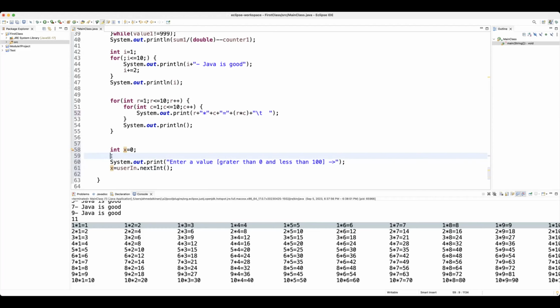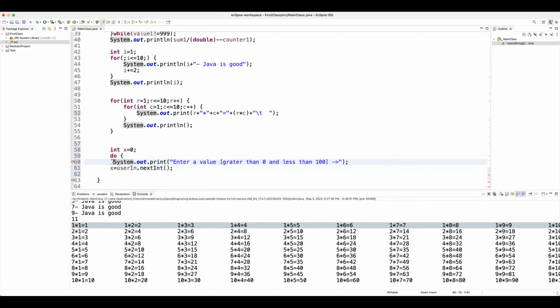Not that I cannot use a while loop for it. It will work with a while loop, but it's more of a do while loop. I'm going to show you how to use a do while loop. And then after that, I will tell you, if I want to use a while loop, this is what I'm supposed to do. So we'll go with a do, open a brace, and this is going to be the body